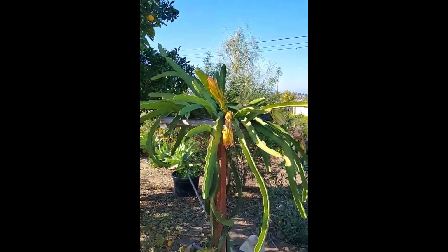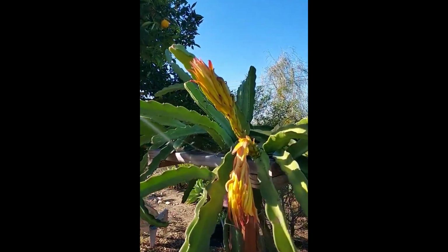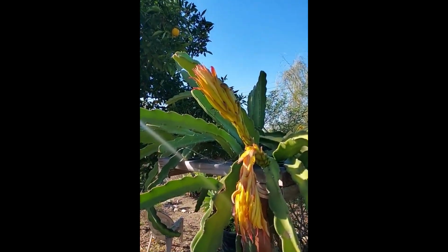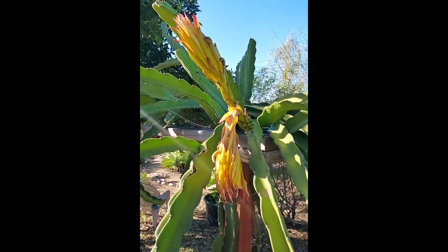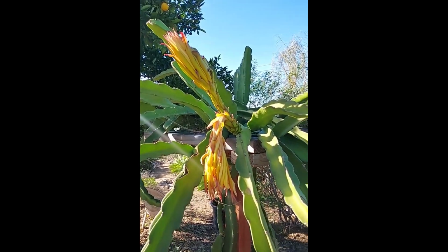Looks like we got our last bloom of the season here. It's gonna open tonight. And this one is Sugar Dragon, which was our first bloom of the season, so seems fitting. But we'll get some fruit in November,